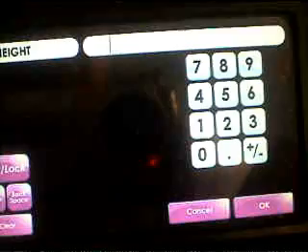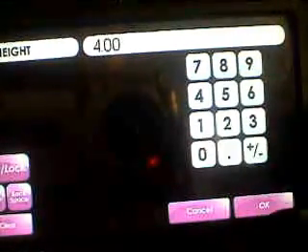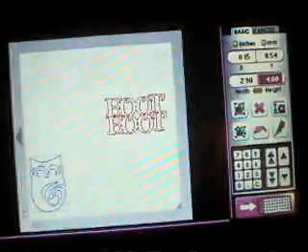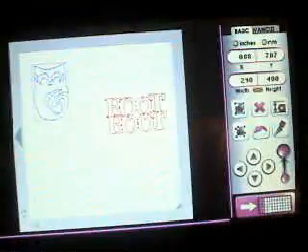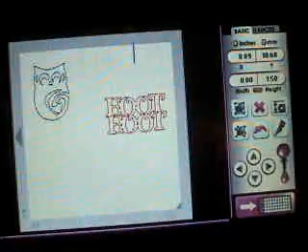click the number pad button, and let me say I want it 4 inches. I've got it 4 inches. I'll just get the image where I want it over there, and then click outside the mat, and then